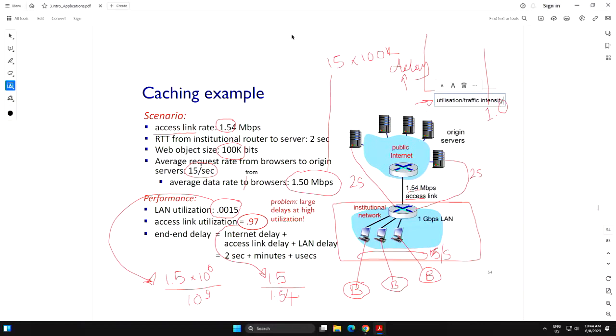Do you remember this curve? How does this curve look like? Who remembers it? Yes, good. I saw someone using a hand gesture, so let me repeat the hand gesture. That's what he was trying to show me. So the delay grows exponentially, infinitely, as you increase the utilization of the traffic intensity on your link. This is the queuing theory, right?